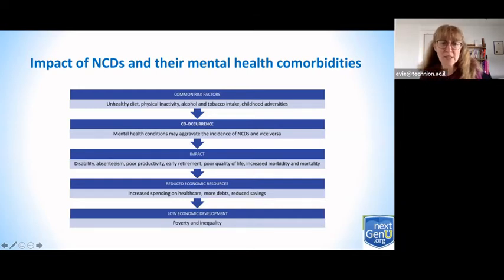So common risk factors, we think about things like an unhealthy diet, physical inactivity, alcohol and tobacco intake, childhood adversity. All of those things can help to maybe increase the incidence, or at the same time, mental health conditions can occur. So the mental health conditions can aggravate the incidence of these non-communicable diseases and vice versa. And that has a real impact